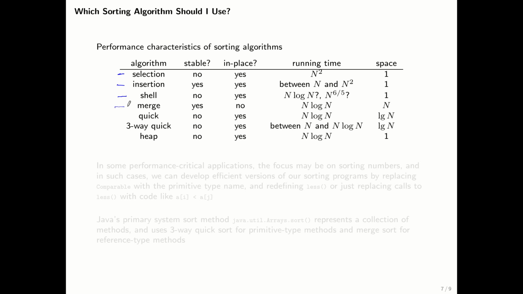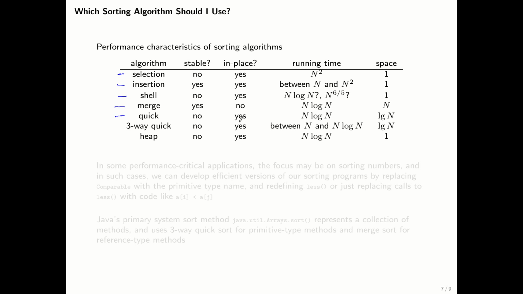Merge sort is a stable sort. It is not in place because here you need that additional array, the auxiliary array, which has size n, the same size as the input array. It's a linearithmic algorithm. It's one of those optimal sorting algorithms. And here there is a space requirement of n. This is the auxiliary array. And then quicksort